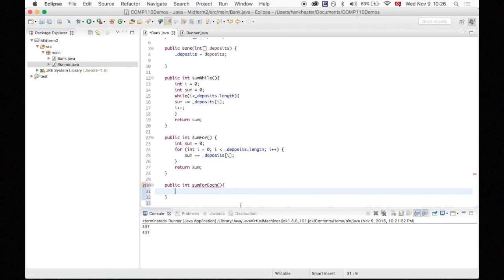So remember, for a for each loop, you have to be iterating through something that's iterable. In this case, we have an array, and we want to get each value of money in each index of it. So it's iterable. So for each, we have to say each int dollars of our deposits, and once again, we need that placeholder int sum equals 0. We're going to do the same thing we've done for all of them: sum plus equals